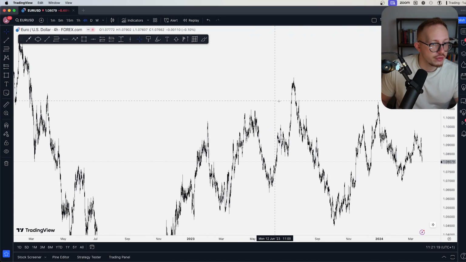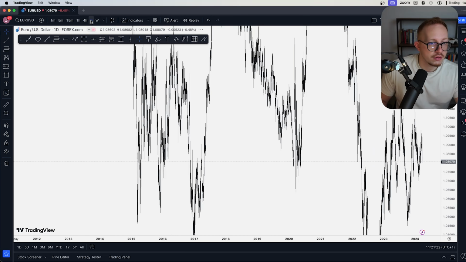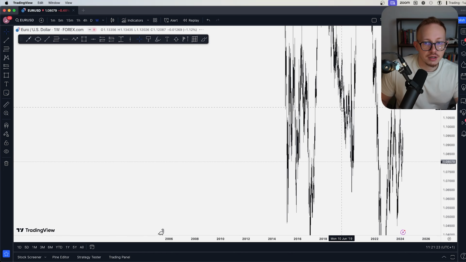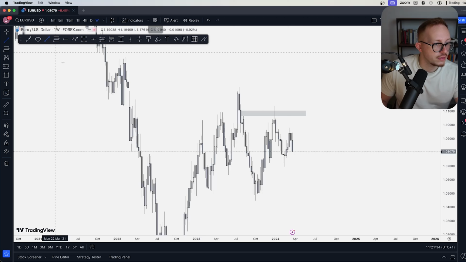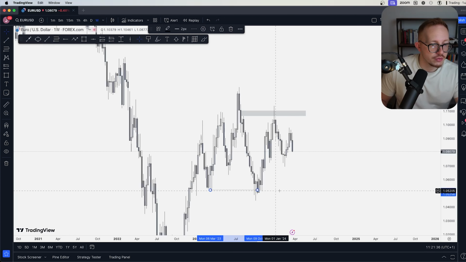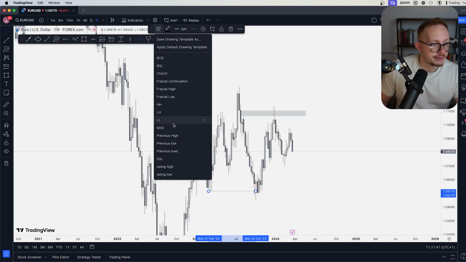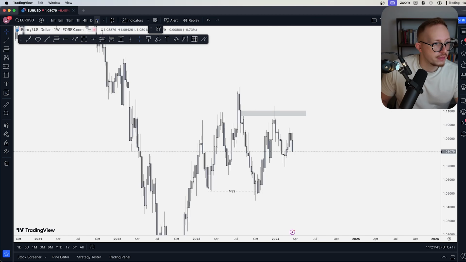So I'm going to remark the essential points on the weekly since I deleted them. So this was a very essential point, and this was a very essential point. So this was the market structure shift. This was the fair value gap. Then on the daily,